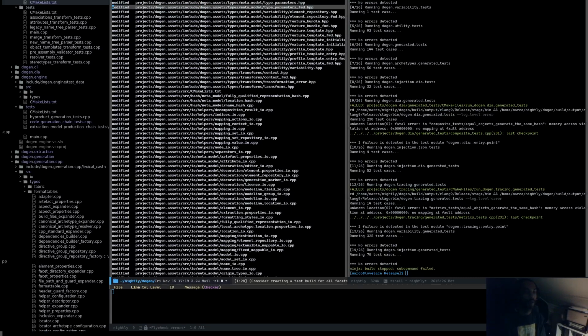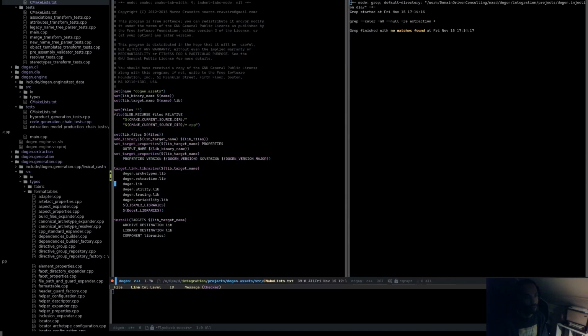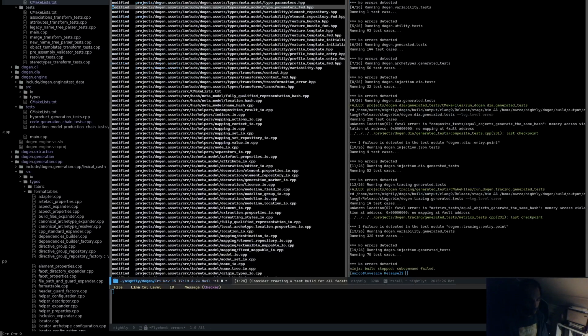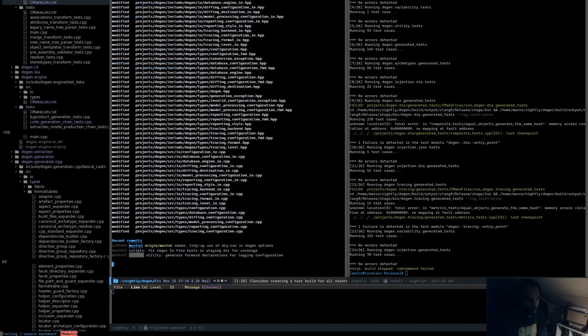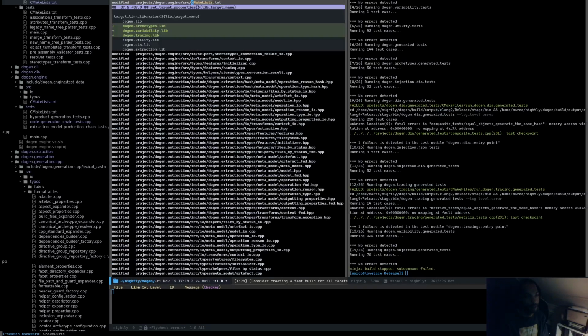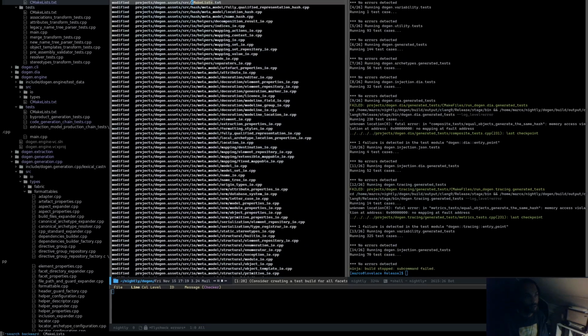Okay, very nice. Assets is done. Actually, I don't think we did C++ generation. We didn't, so perhaps we skipped. Right, variability we did, injection we did, engine we did, assets we did,